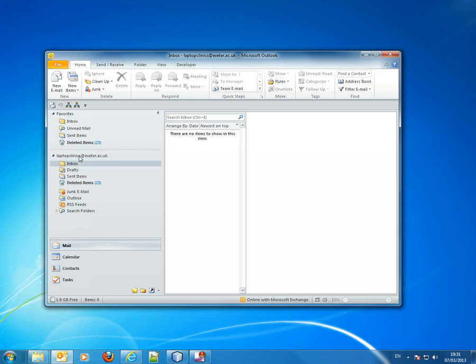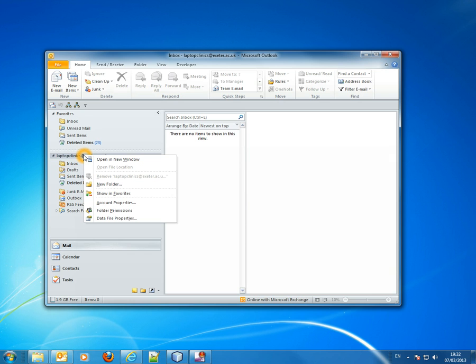Now if this was your mailbox, it would be your name at the top here, or if it was a shared mailbox, it would be the name of the shared mailbox. So, in this particular tutorial video, I'm going to give reviewer rights to a person on the inbox and the calendar. To begin with, I need to right-click on the mailbox itself, so Laptop Clinics, and I need to choose